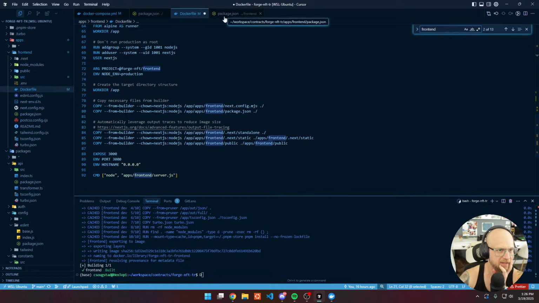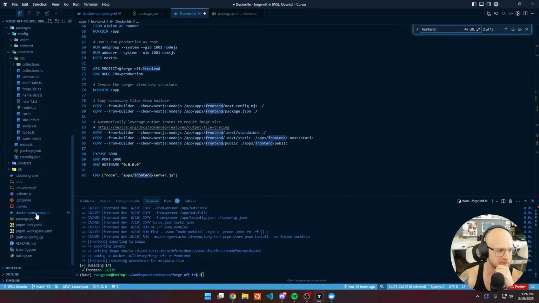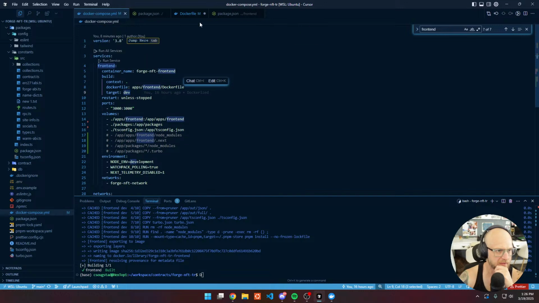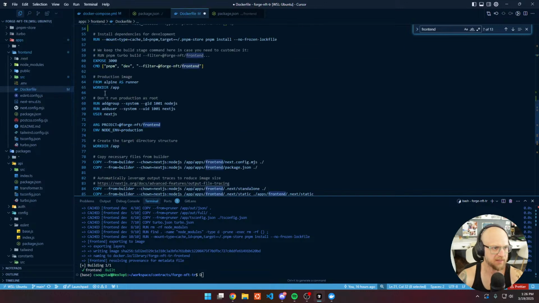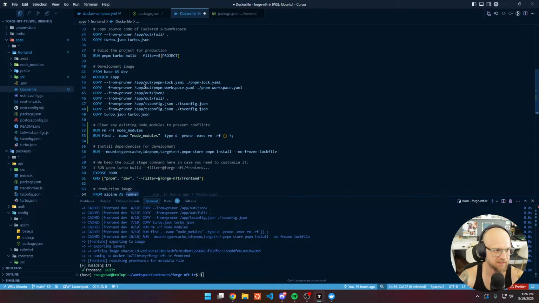Or wait, how does the, let's see here. So if we look at the Docker compose. Yeah, target dev. I don't think anything's actually using the runner right now. I think this was more for whatever the production was going to be. But that's interesting because then why is all of this stuff missing